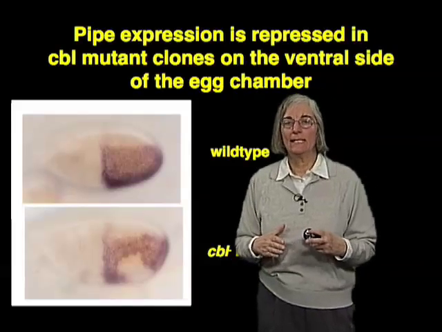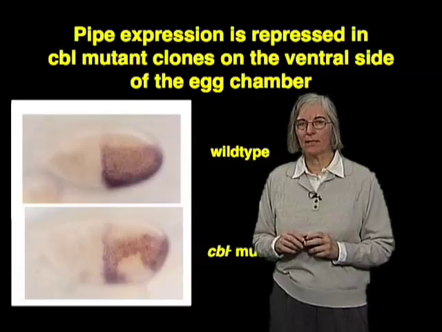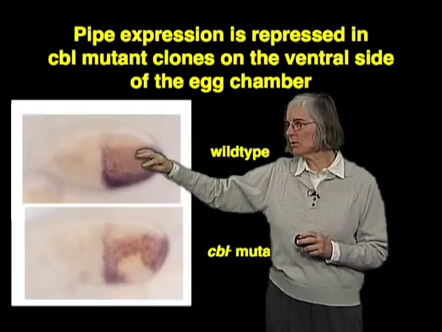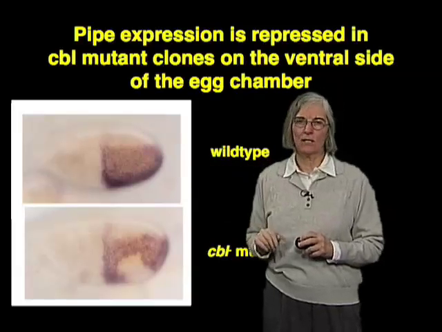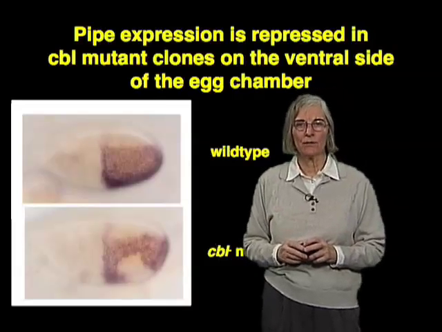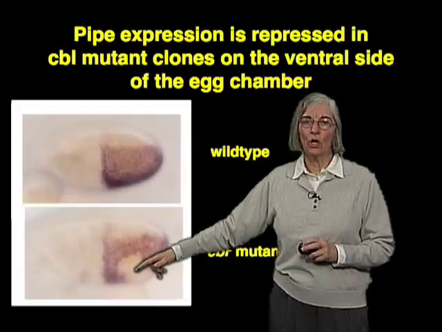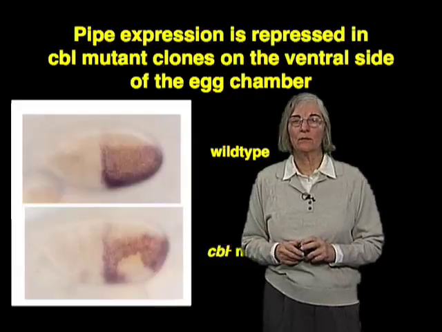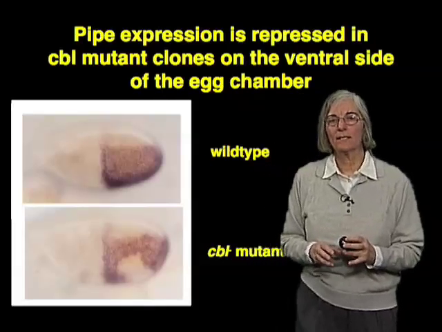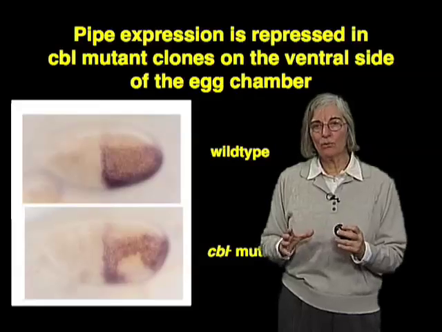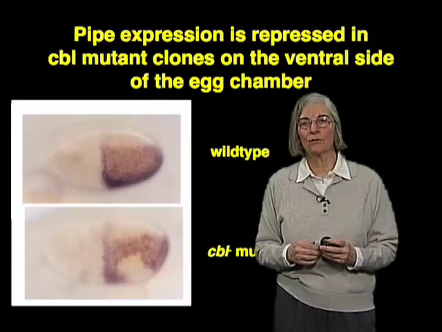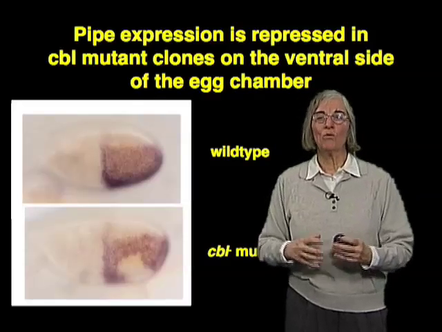Now, pipe is repressed by EGF receptor activity, and you can see in wild type, and this egg is a little bit tilted, so we're looking mostly at the ventral side, but you can see it has a sharp on-off expression pattern. It's off on the dorsal side, it's on the ventral side. And if we make a clone of mutant cells for Sybil here on the ventral side, pipe gets repressed. Again, telling us that Sybil normally has to keep EGF receptor activity under control on the ventral side in order to allow pipe to